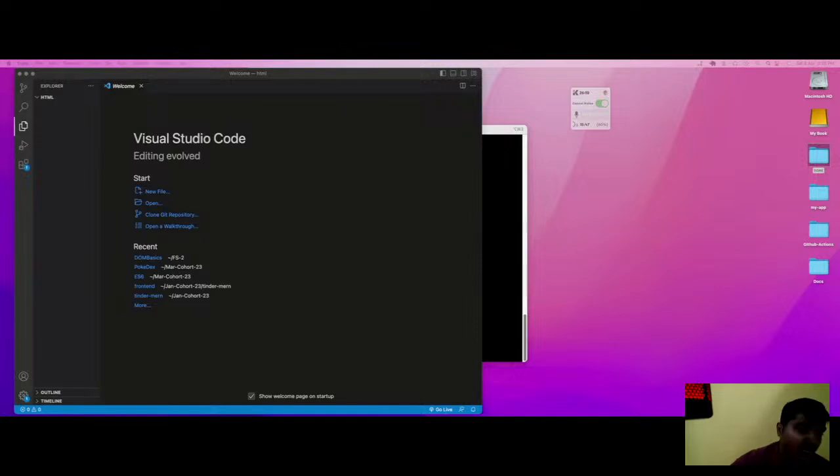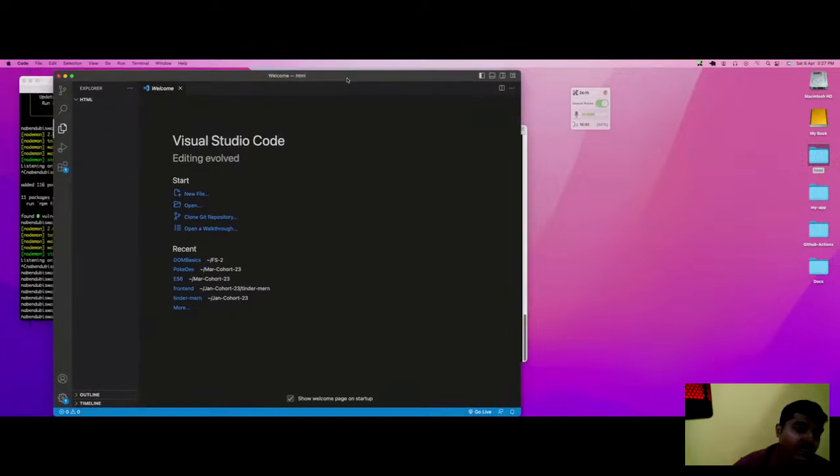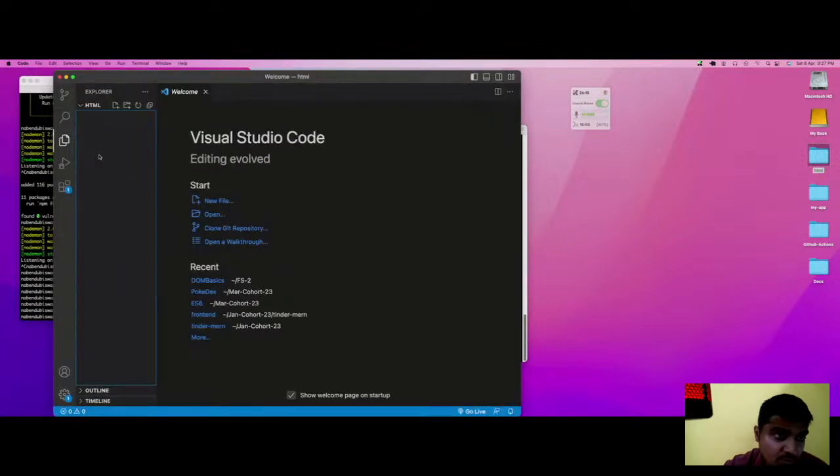Chalo. So VS Code is installed. We have installed the VS Code, and once you install the VS Code, you will get a screen kind of like this. After that, what you need to do is create a folder here. I have created a folder with the name HTML, and you need to drag the folder into the VS Code. So here the problem will get solved. Now after this particular thing, you need to create a first file. The name of the first file will be index.html. Index.html is the first file that we have created.